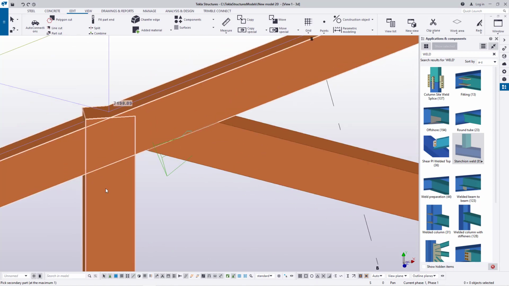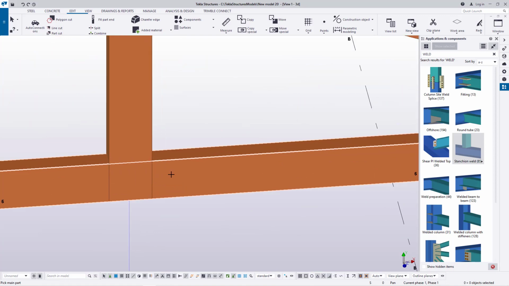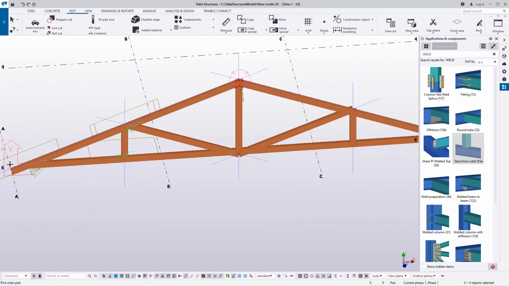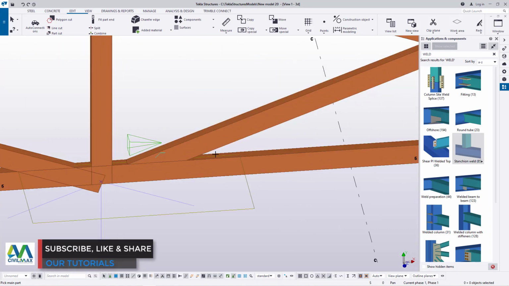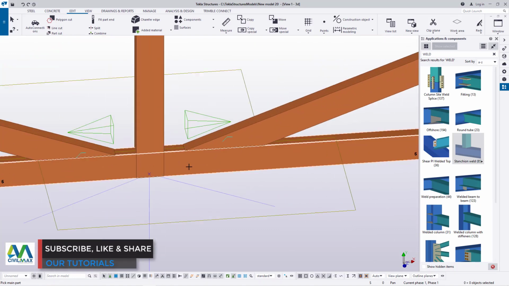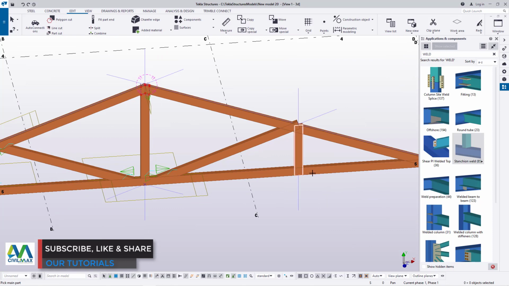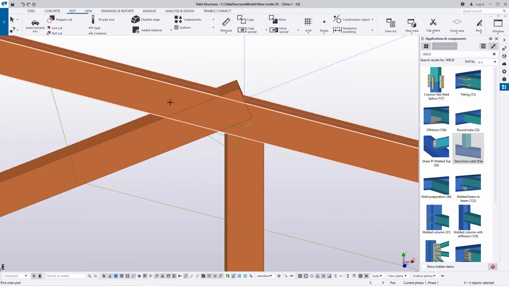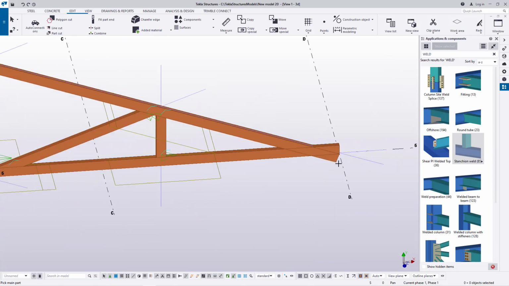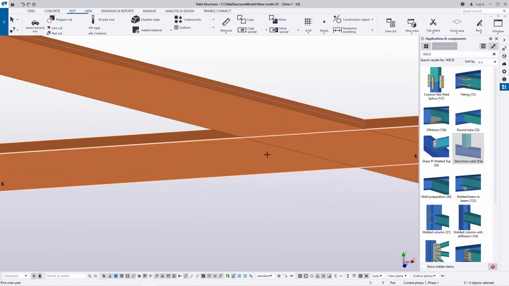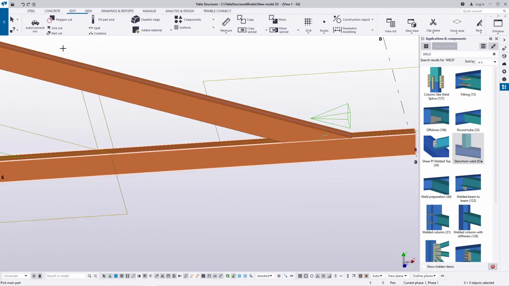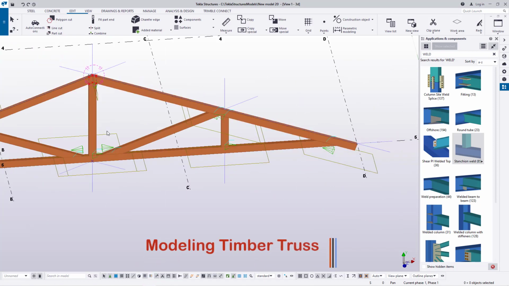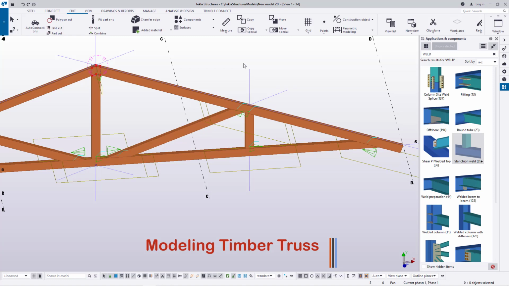So I'm going to trim this to that, and also trim that to that. And I want to trim this to this, and you see how this trims perfectly and faster instead of cutting it manually. So we are using this to trim off, but not to connect timber. You cannot connect timber by weld. You only nail or bolt by using gusset plates. Connect that to that, wrong connection, and we'll connect that to that. So once this has been done, we can go ahead and redraw